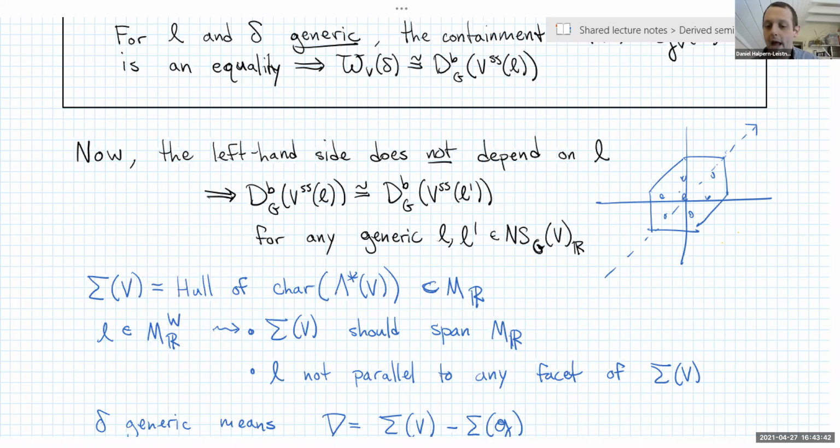So you want to know what happens when you move from here to here: you'll lose a couple of lattice points like this, and you'll gain a few more lattice points,